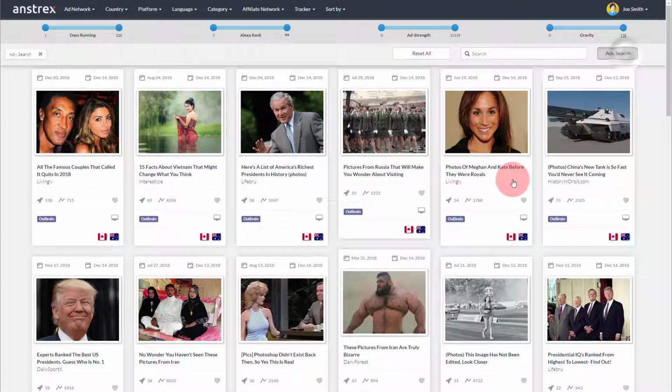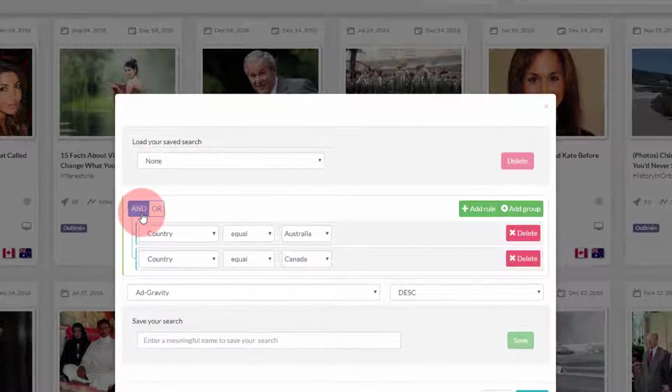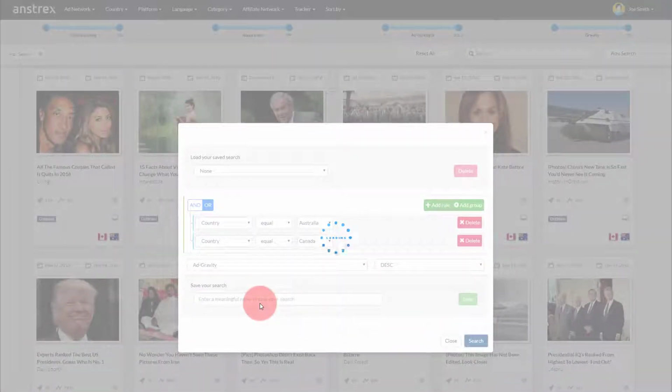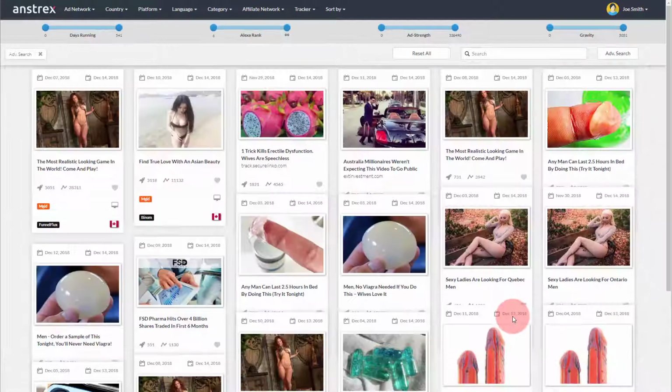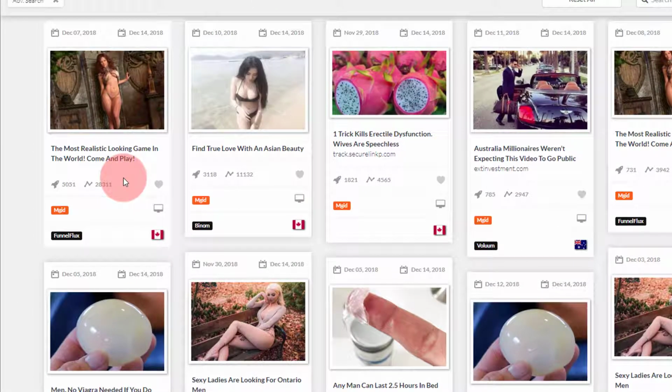Let's go back to the Advanced Search dialog box and change the AND Boolean Operator to OR. Okay, and let's do the search one more time. All right, do you see the difference now? Now what we are seeing is the mix of creatives that ran either in Canada or in Australia, as you